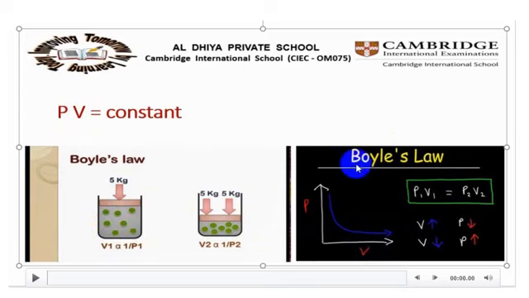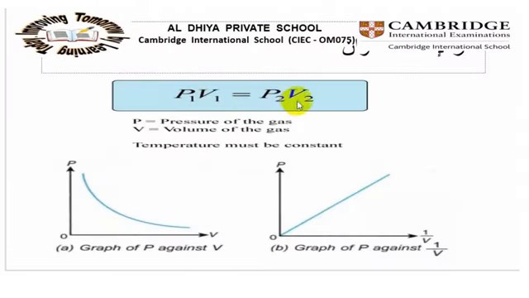We can write the same idea, PV equals constant, in another way: P1 V1 equals P2 V2. This is when we have two states for the gas, the initial state and the final state. This is the initial pressure and initial volume, and that is the final pressure and final volume. P1 V1 for the initial equals P2 V2 for the final. This is Boyle's law at constant temperature, okay?